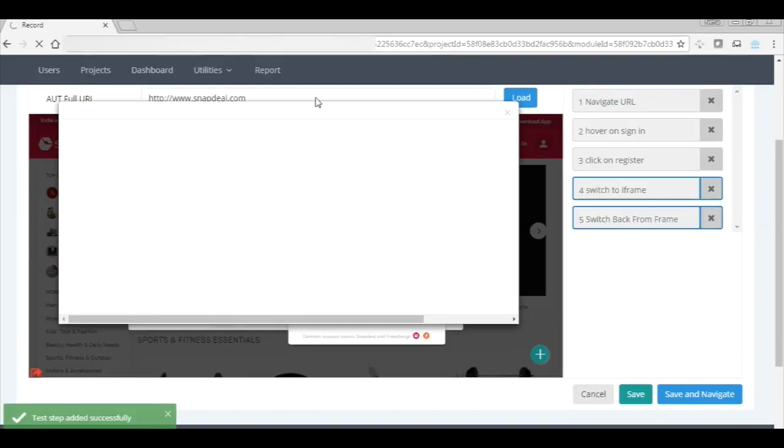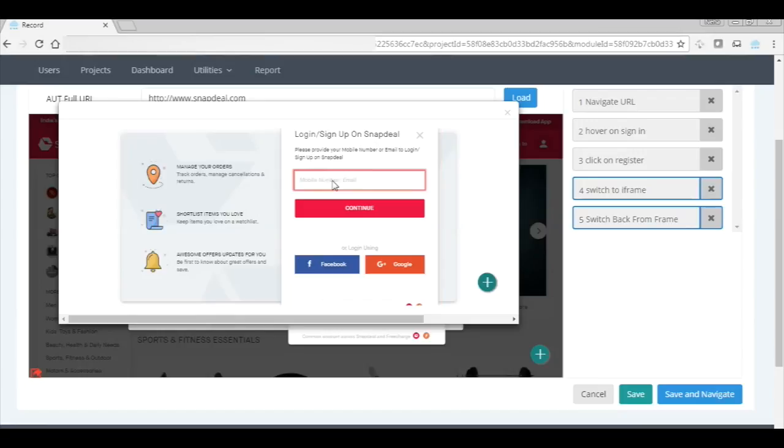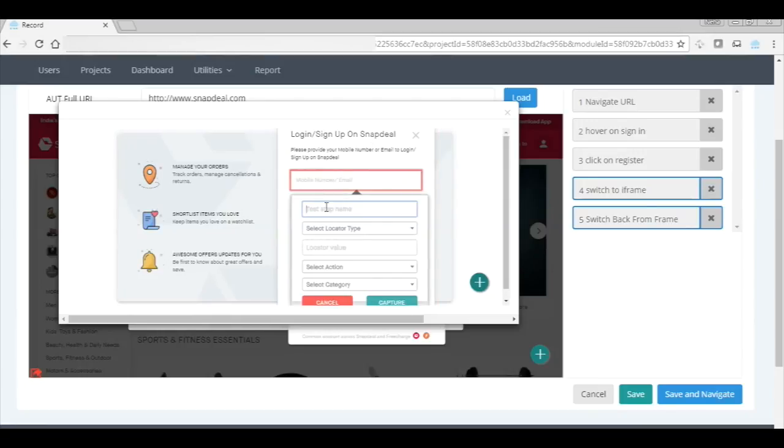You can notice that Test Odyssey is refreshing that iFrame. Now you can perform the operations inside the iFrame. You can notice that Test Odyssey has added two steps, one switch to frame and switch back from frame. Your actual operations within the iFrame will lie between these two steps. I want to type the mobile number. My next step,